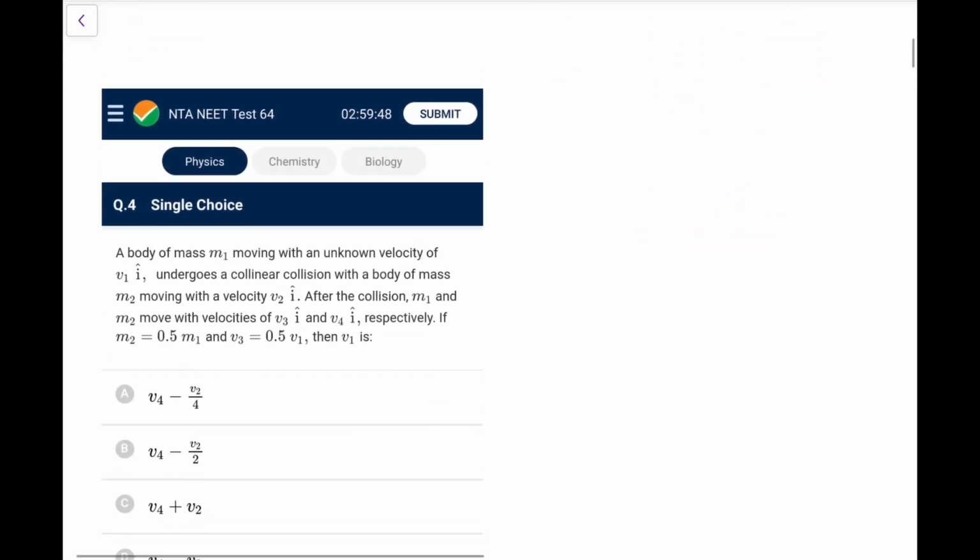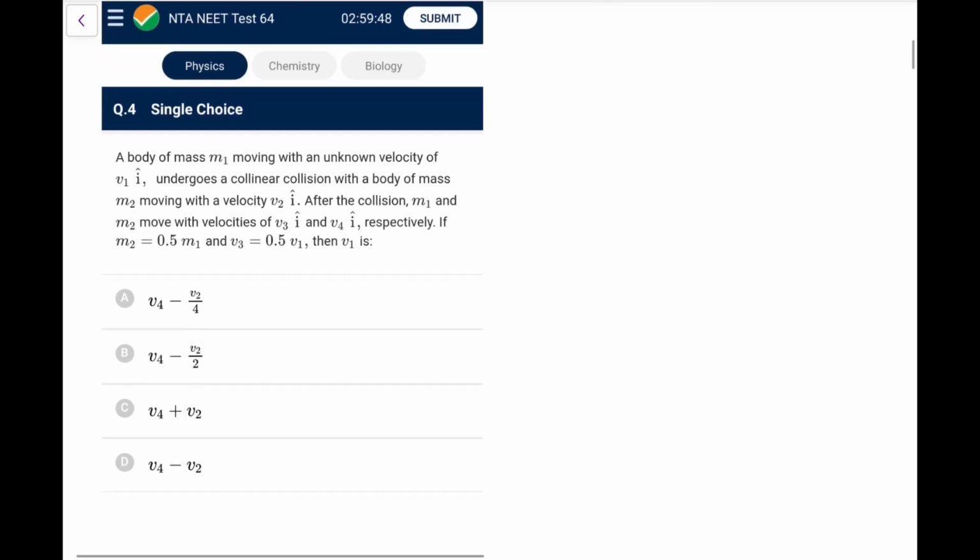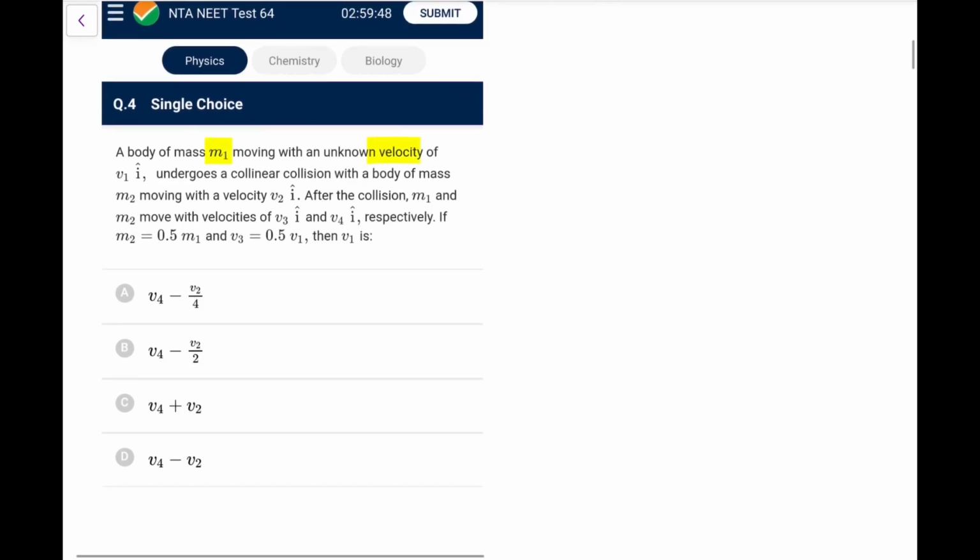Now, next one. Fourth. A body of mass m1 moving with an unknown velocity of v1 i cap undergoes a collinear collision. That means 1D collision with a body of mass m2 with velocity v2 i cap. After the collision, both move with velocity v3, v4 respectively. If m2 is half of m1 and v3 is half of v1, then v1 is